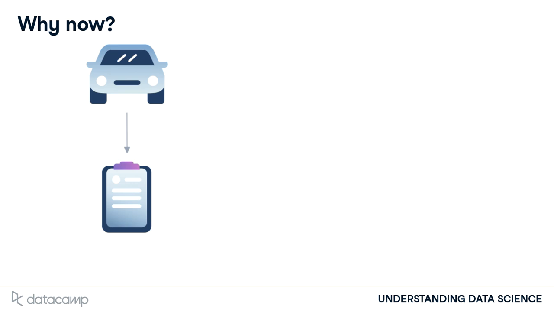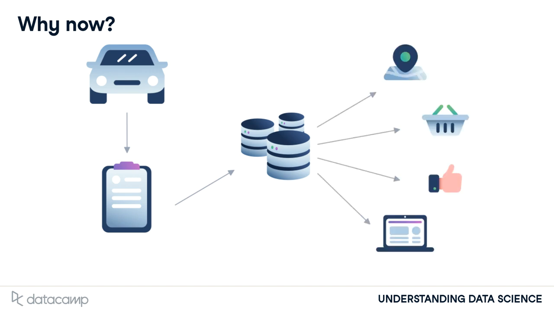We're collecting more data than ever before. Suppose that you visit a car dealership and fill out some information. All of that data is automatically entered into a computer and combined with the data from hundreds of dealerships into one big database. Once we have that data, it's easy to use the email address that you provided when you